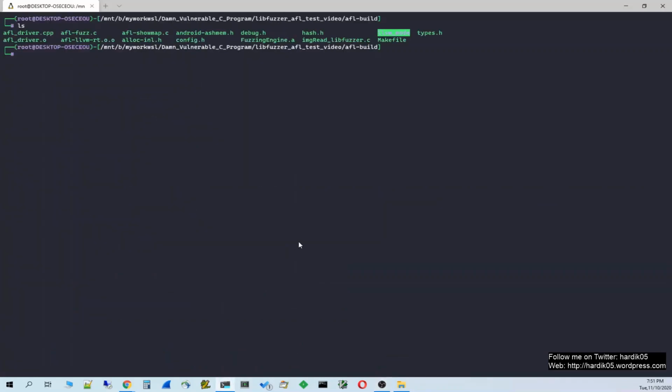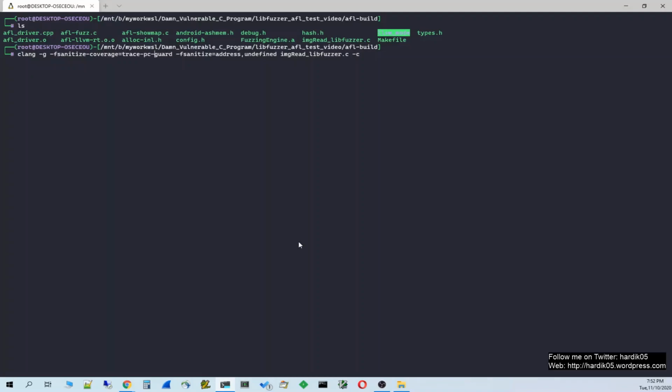So first thing we need to do now is use Clang and compile and generate an object file for our image file reader. And for that, the command is simple. We will use clang -g -fsanitize-coverage=trace-pc-guard.